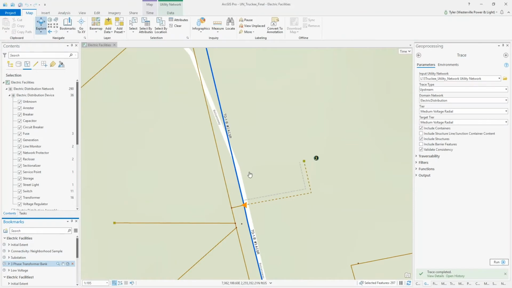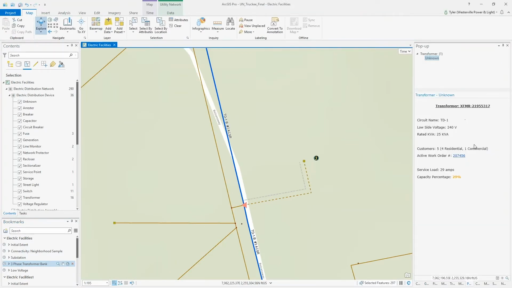In this case, I'm going to go into a different transformer and open its pop-up, which you can see here on the right-hand side. Now you'll notice we're pulling in different information about this particular asset. We can tell which circuit it belongs to, its nominal voltage, and its rated kVA. Now these are attributes that are being managed and maintained within the utility network, but if we go below, we can see that our billing system is telling us how many customers this transformer is serving, and which of those are residential versus commercial. Now right below that, we can also see how many active work orders we have assigned to this particular device. And if we have one, we can see the number and a hyperlink that will launch me into that system, whether that's Workforce for ArcGIS or your enterprise